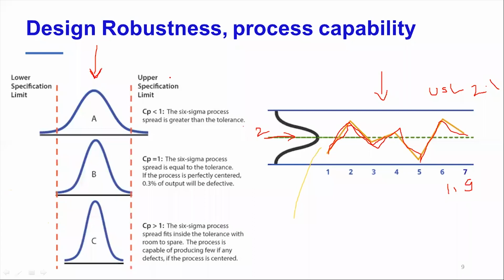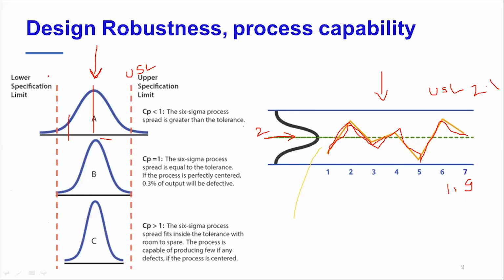Now how do you say that from a process perspective? Maybe I'll not go very deep, but what you see here is a typical normal distribution of how this thickness varies for all the parts. Let's say these are your number of parts. For most of the components the thickness is 2, but there are components for which this is your upper spec limit.